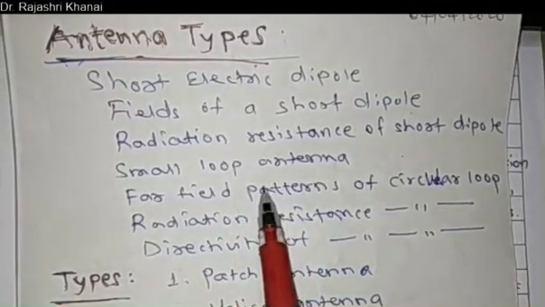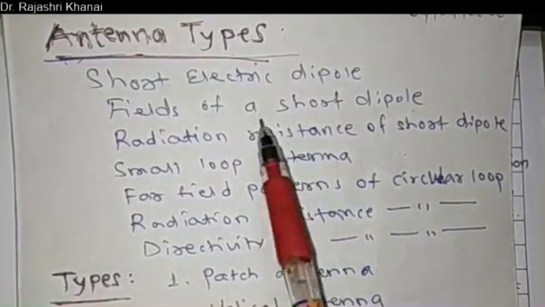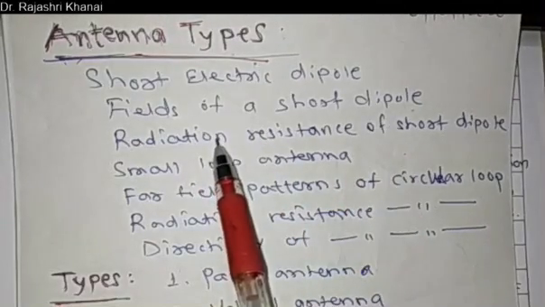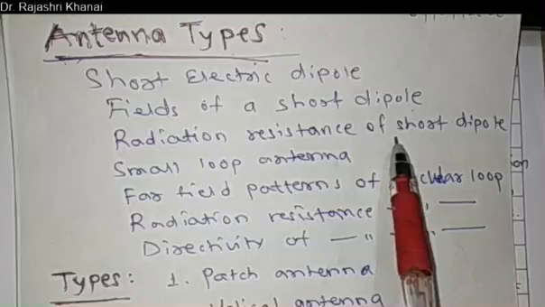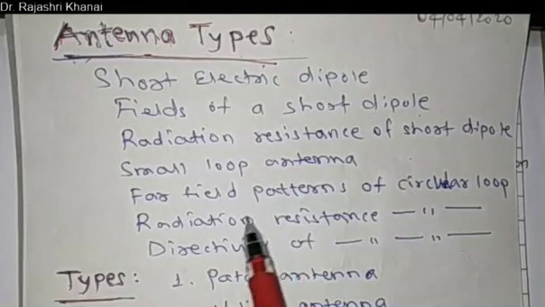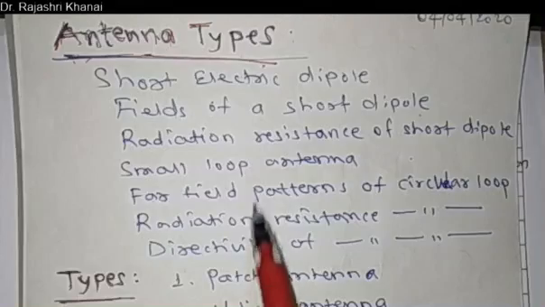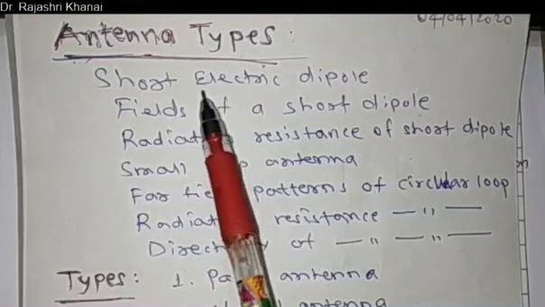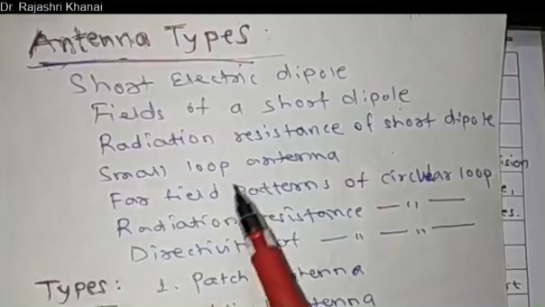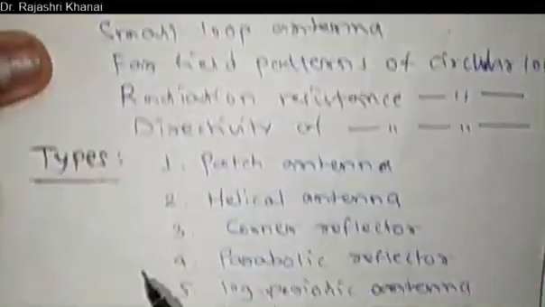These two antennas are studied in detail, where we find the derivations for fields of a short dipole, we find the expression for radiation resistance, and the same procedure we follow of finding the field pattern, radiation resistance and directivity of a small loop antenna. So short electric dipole and small loop we study in more detail with equations, whereas in the second part, there